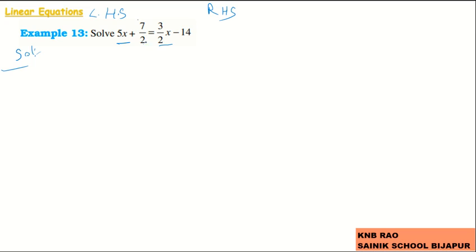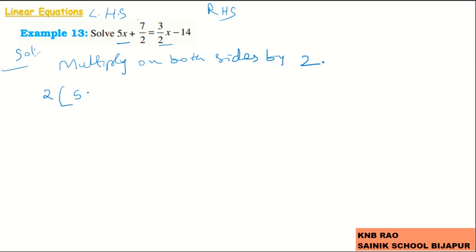To get rid of these fractions I can multiply on both sides by 2, which is the LCM of these denominators. Here 2 and here 2, the LCM of 2 and 2 is 2 only. Then